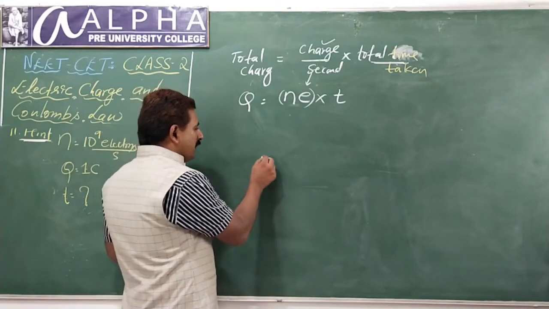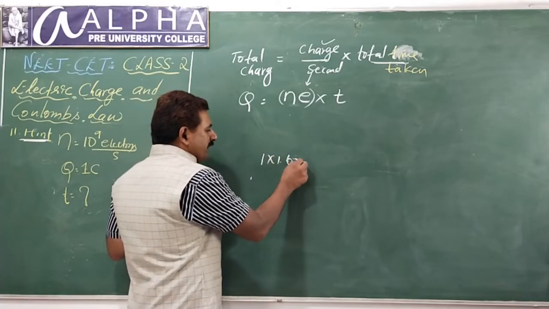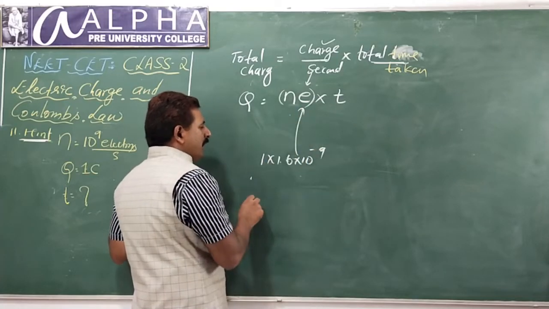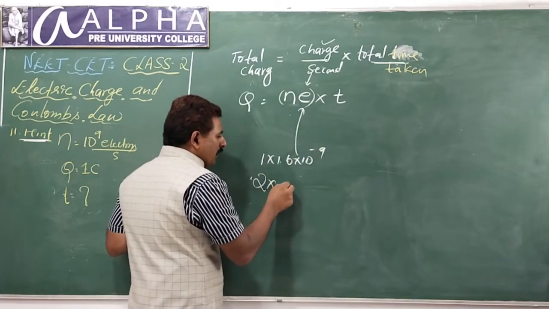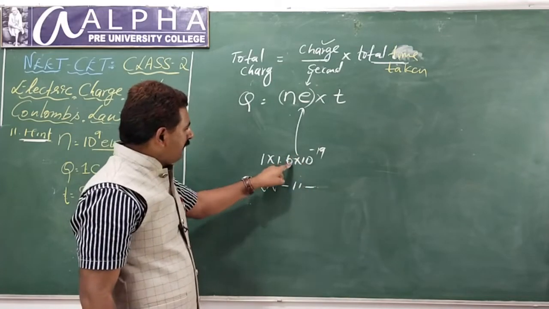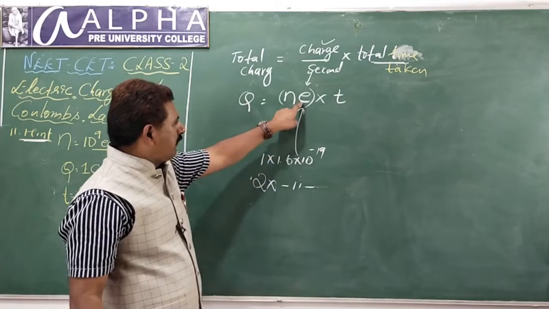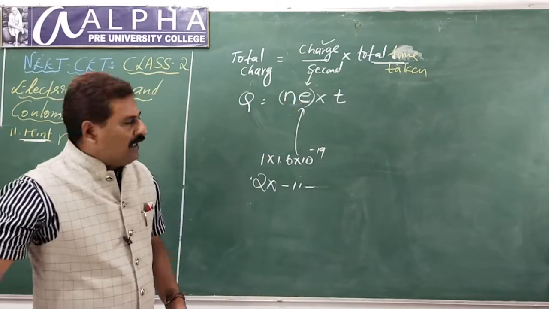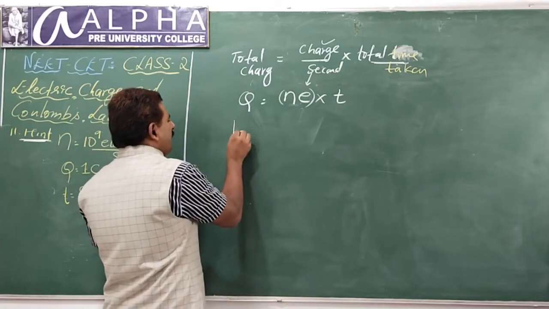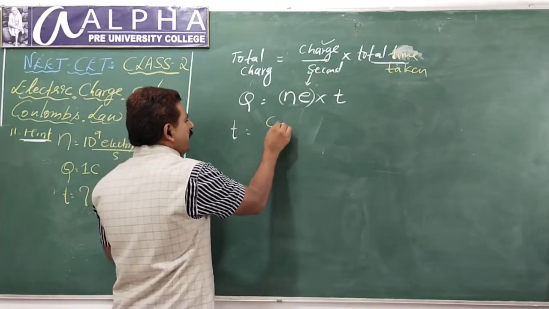If there is 1 electron, it is 1 into 1.6 10 power minus 19. What is this value? E. If there are 2 electrons, 2 into 1.6 10 power minus 19. What is 10 power minus 19 into 1.6? The charge of each electron, denoted by E. So very simple. Now you just cross multiply and solve for time, which you have to find: Q divided by